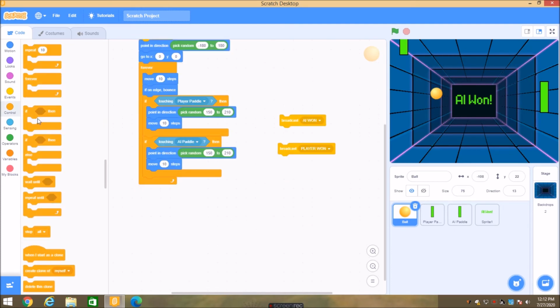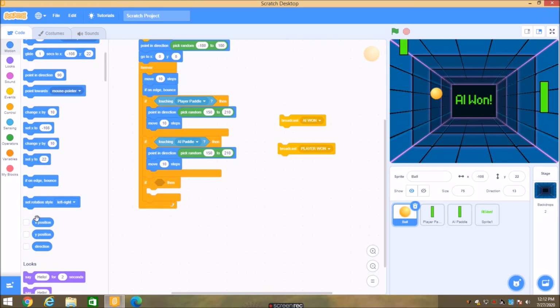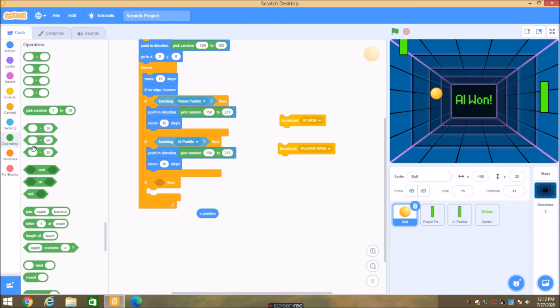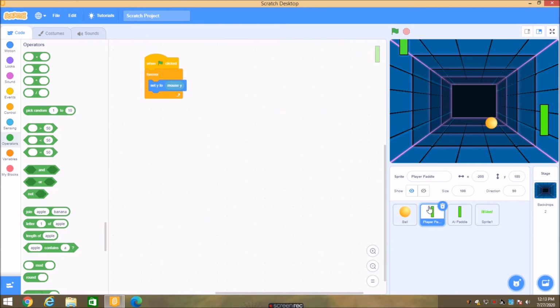Okay, so now for that we need to again just do simple coding: forever, and again on this side an if then option, and for the ball, it is this x position. In the motion section you will find its x position. You remember we need a rounded box type, and from the operators grab a greater than. Let's see, its x position is 49. Oh, I selected ball. Okay, so its x position is negative 200.